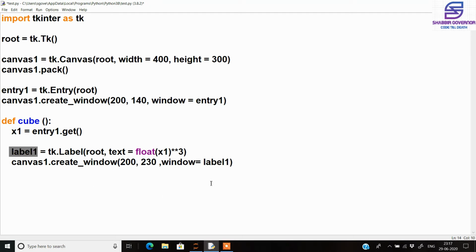So once this is done, we come out of the function. Then we define the final part of our application, that is the button one, on which when it is pressed we should get the output. So we again call the tk dot button, and inside this we will write the text that we want to display on the button. So I will write get the cube,